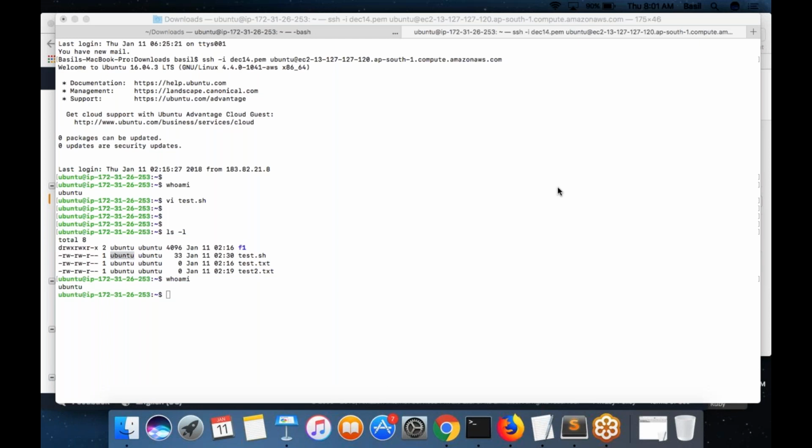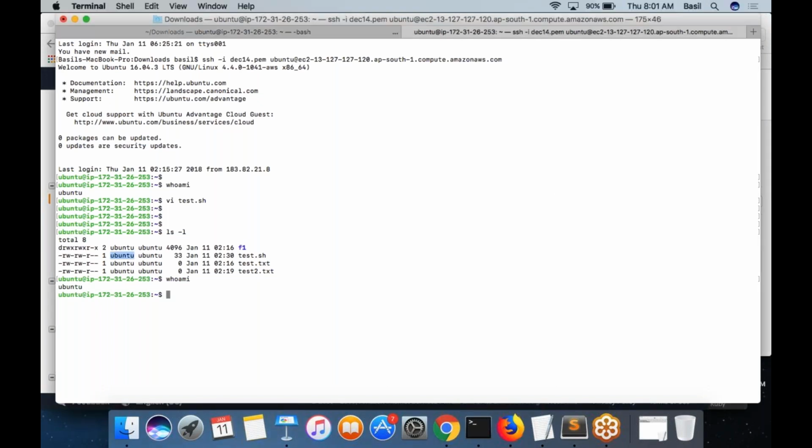The owner should be able to execute the script. Yeah, 7. Yeah, RWX you need for the owner, you need the X permission. So it's going to be chmod 7.